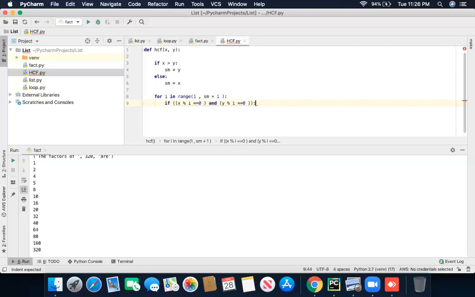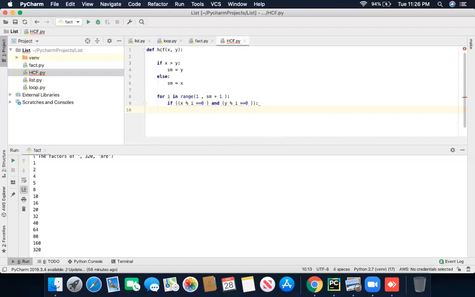Okay, now we are going to use a third variable, HF, the highest factor, equals i. Now just press backspace two times, and we are going to use return HF.